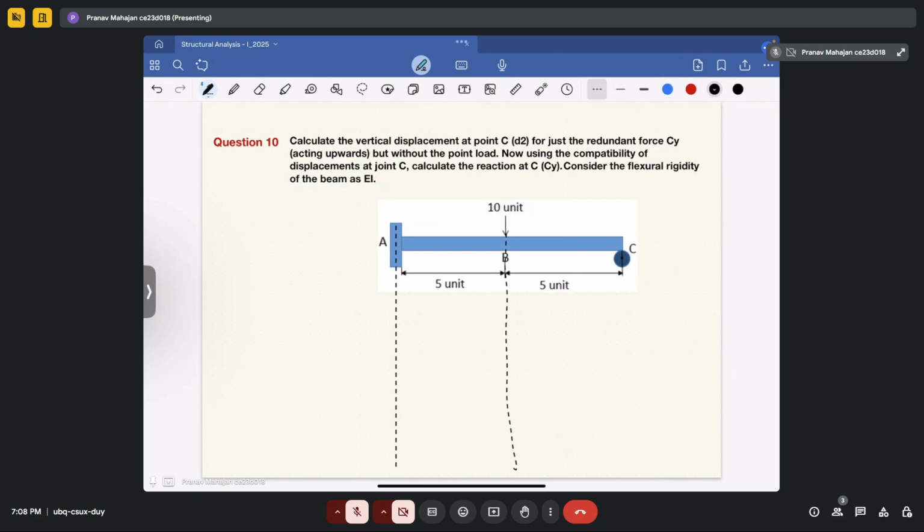So I am removing all the forces, like the 10 unit external load that is applied on the structure. I am removing that. Now I will convert this beam into this. Now nothing is there in the section. You are having only the reaction support. Earlier you were not having any support at the free end. Now this reaction support is, suppose I am saying, equal to Cy,